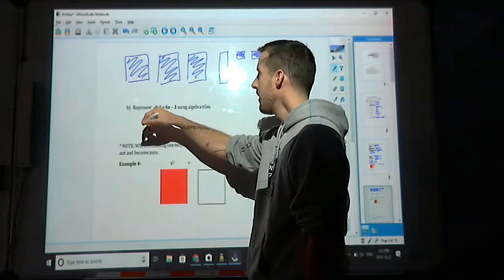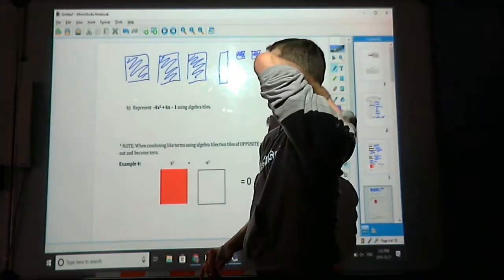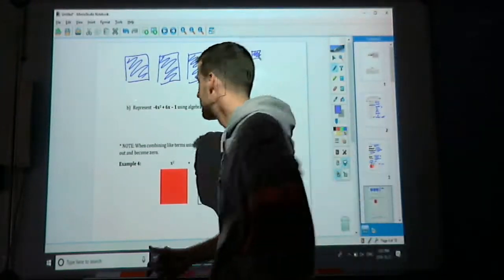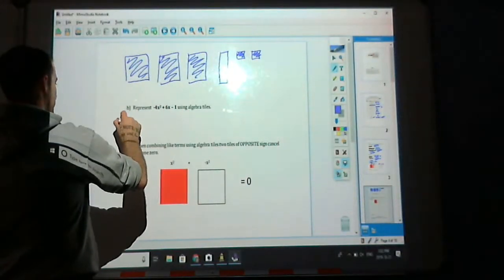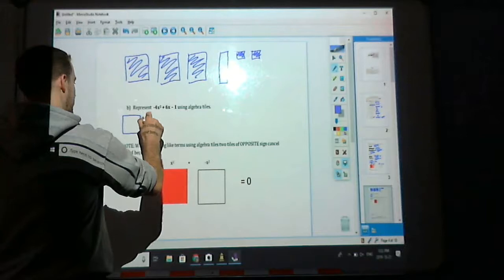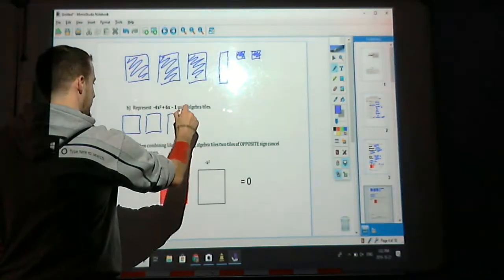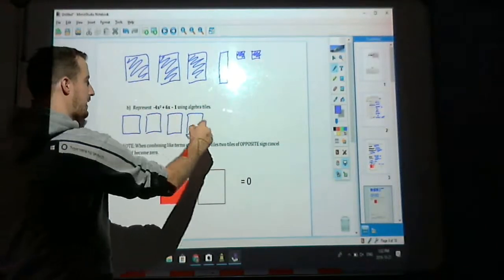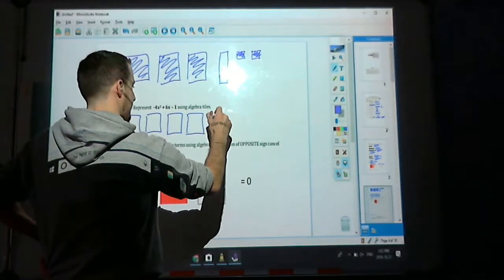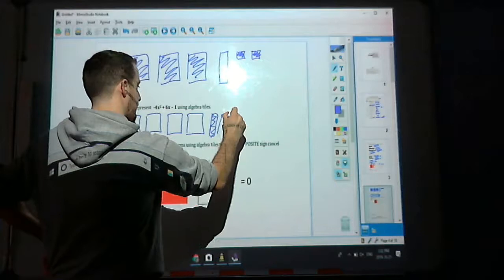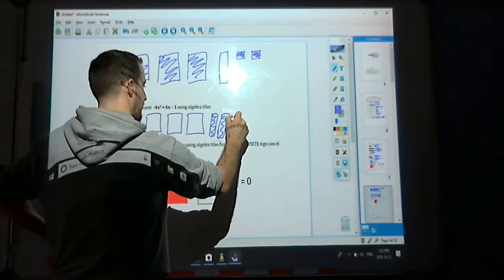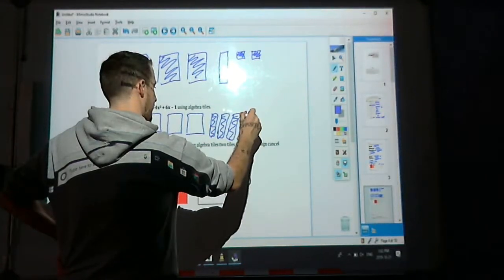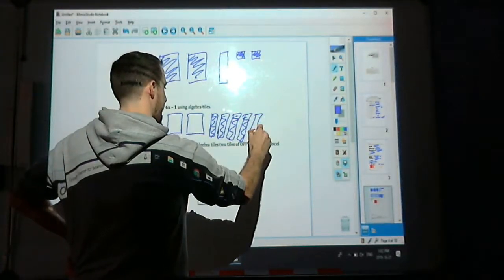Represent negative 4x squared plus 6x minus 1 using algebra tiles. So we're going to do the exact same thing that we just did. Negative x squareds are represented by big blank squares. Plus 6x, we said those are sticks, and they've been colored in. So 2, 3, 4, 5,